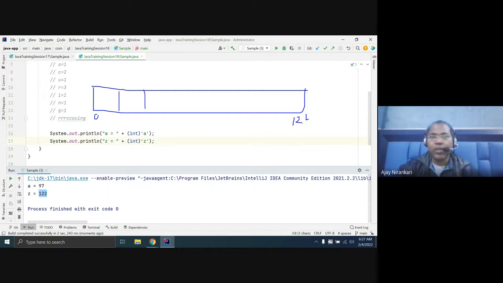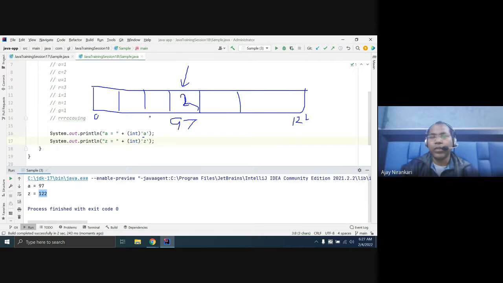In the logic, what we are trying to say is that each character has a fixed position. This is the 97 position. So 97 means this is, you assume, the A. So here, for the number of occurrences, if one comes, just increase by one. Another time comes, you can just make it 2. Another time comes, make it 3.